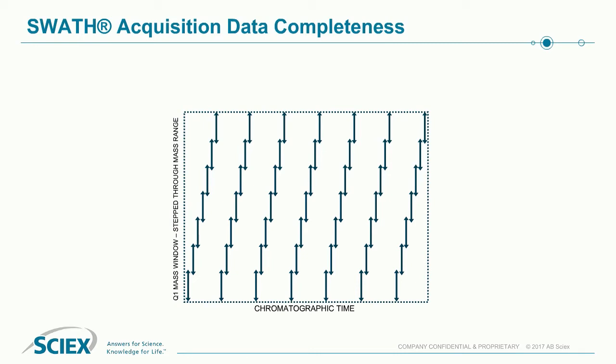The SWATH-MS method essentially uses a wide isolation band filter in the first quadrupole. This is the part of the mass spectrometer which will isolate different compounds, in this case peptides, and in this case we use a wide isolation filter to allow us to cover the whole mass range. But this does mean that there are many different peptides which are co-isolated and fragmented at the same time.